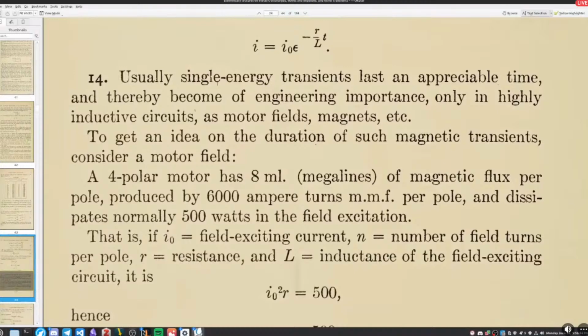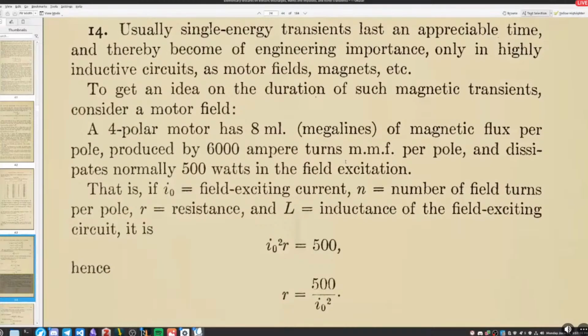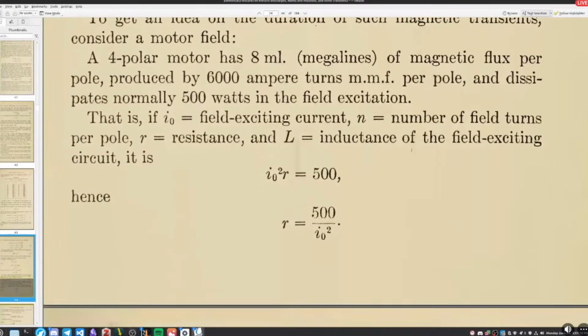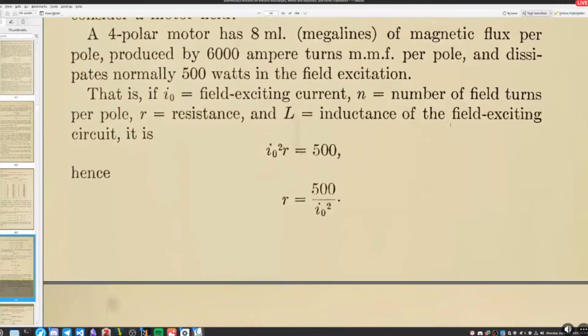Usually, single energy transients last an appreciable time and thereby become of engineering importance only in highly inductive circuits as motor fields, magnetics, etc. To get an idea of the duration of such magnetic transients, consider a motor field. A four-polar motor has 8 megalines of magnetic flux per pole produced by 6,000 ampere turns MMF per pole and dissipates normally 500 watts in the field excitation. That is, if I naught equals field exciting current, n equals number of field turns per pole, R equals resistance, and L equals inductance of the field exciting circuit, it is